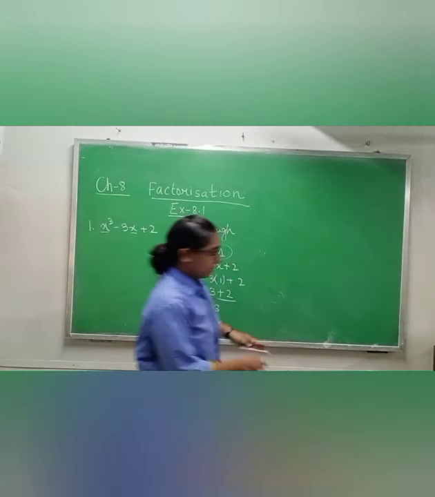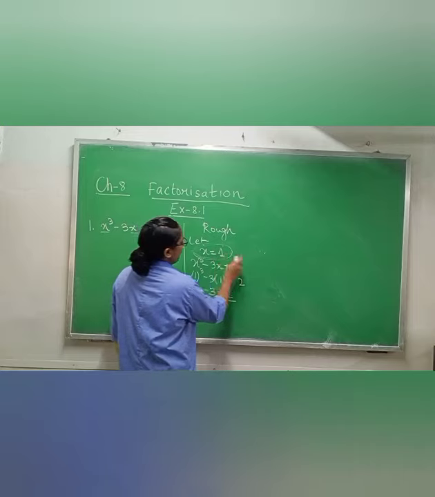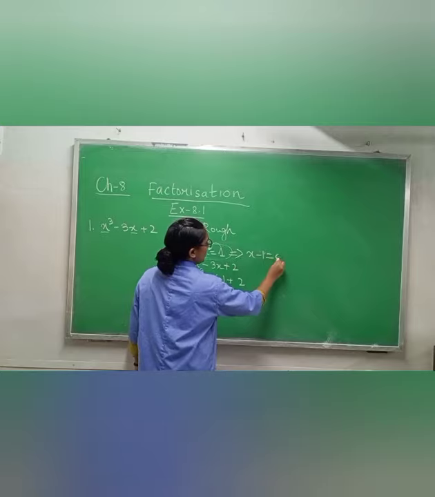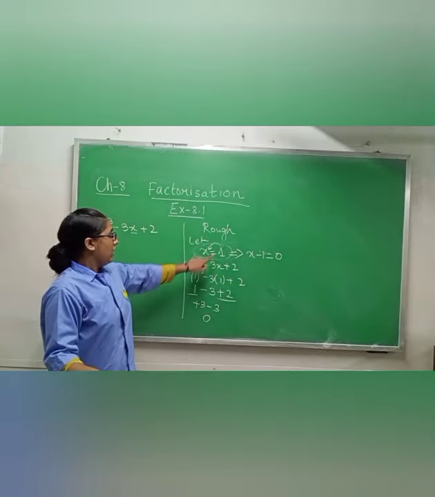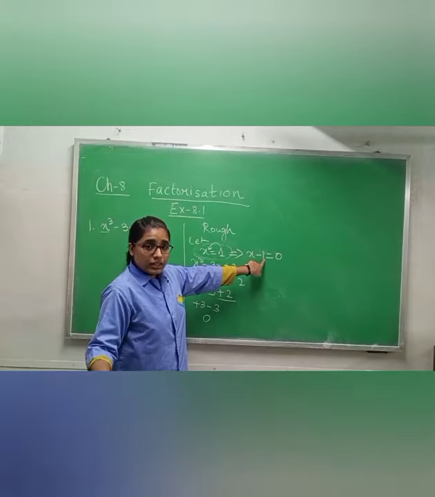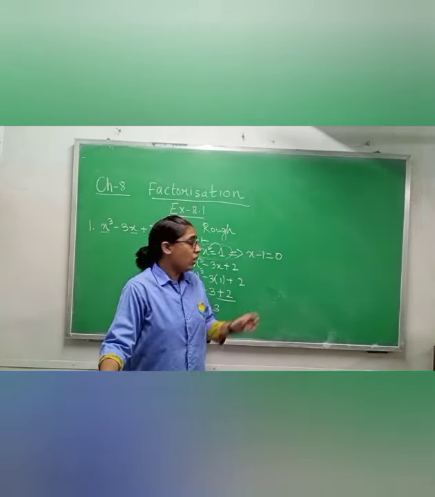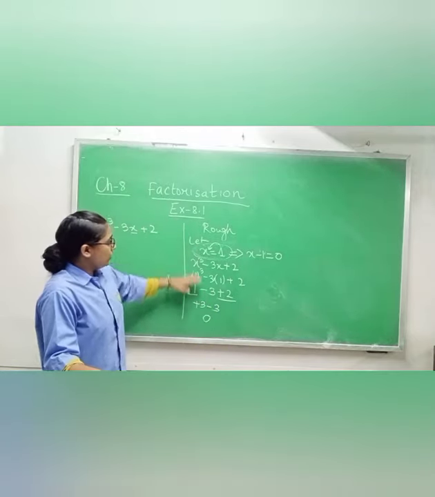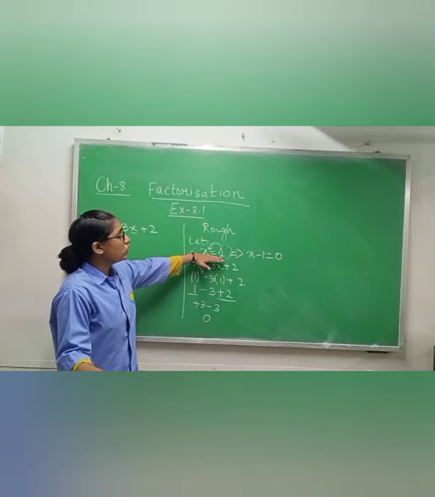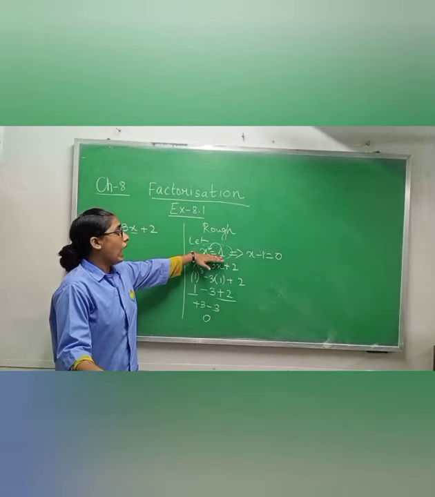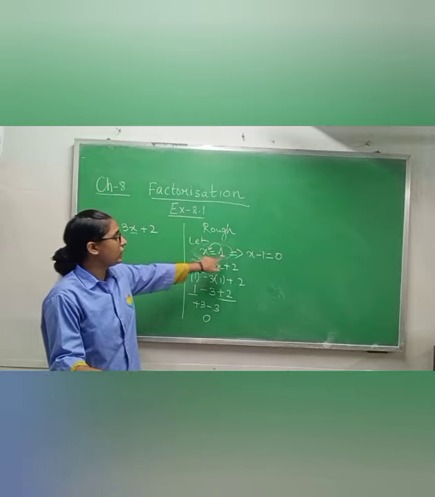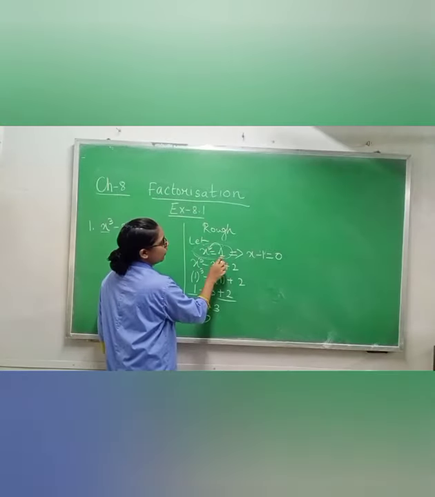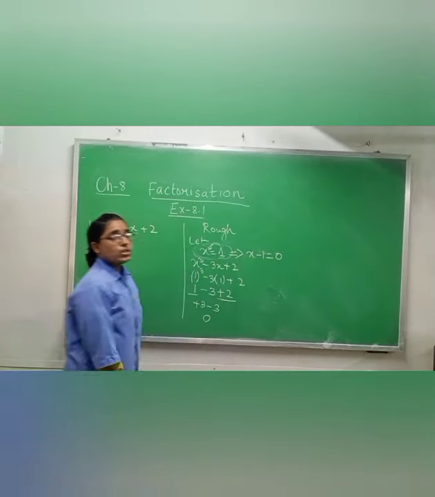Now how will you use this? X equals 1 means that when you take plus 1 to this side, it becomes minus 1, and in the RHS you have nothing, which means 0. So you have to take x minus 1. Again I am repeating: if you are getting 0, you can use x equals 1. Plus 1 comes to this side and becomes minus 1, and in the RHS you have nothing, so you put 0.